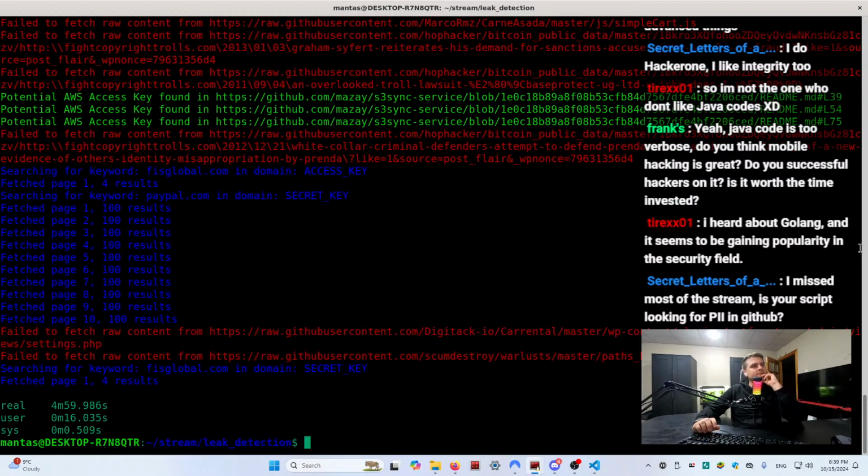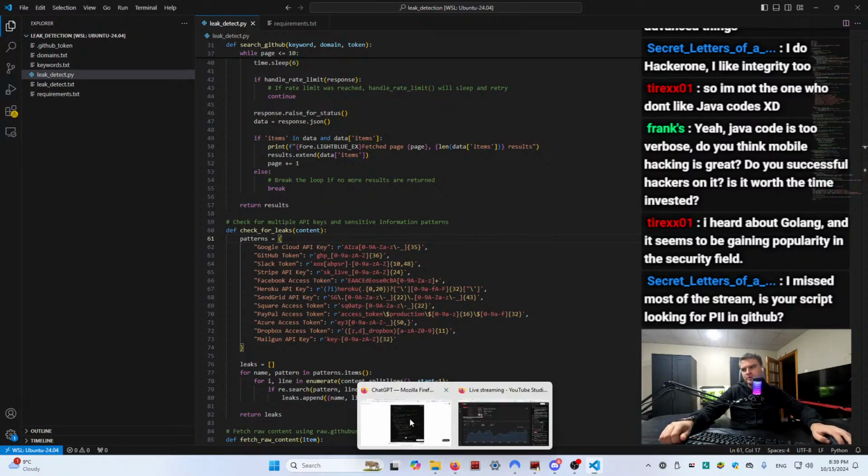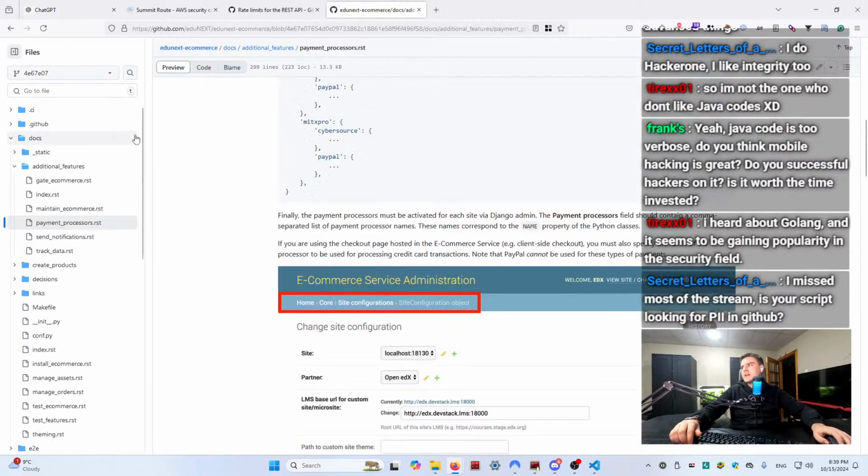I missed most of the stream. Is your script looking for PII in GitHub? It's looking for mostly those patterns: Google Cloud API key, GitHub token, Slack token, those things. But it's not working like most of the security tools. Most security tools,